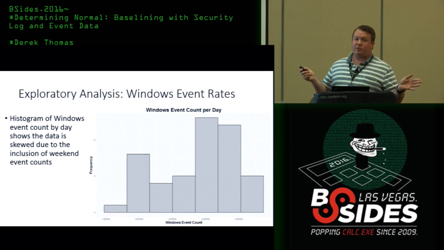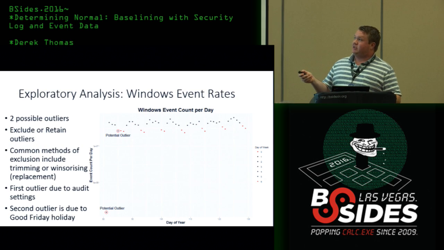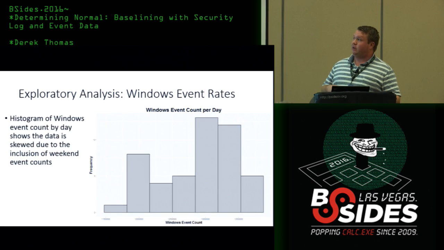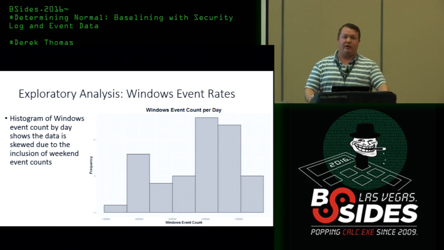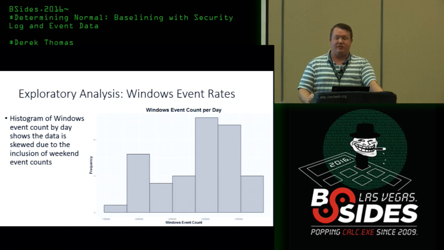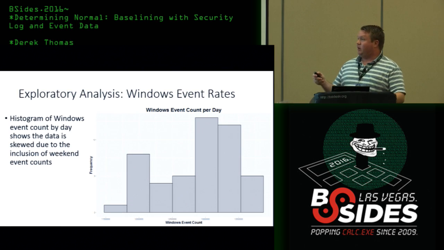So we're still going through the exploratory data. We think this could be normally distributed. It's impossible to tell from this graph alone, so we'll take a look at the histogram. The histogram will bin the data into groups and tell you the frequencies. In normally distributed data, you're going to see some symmetry around the median. But here you totally see the skewed data due to the weekends. So this is including the weekends.